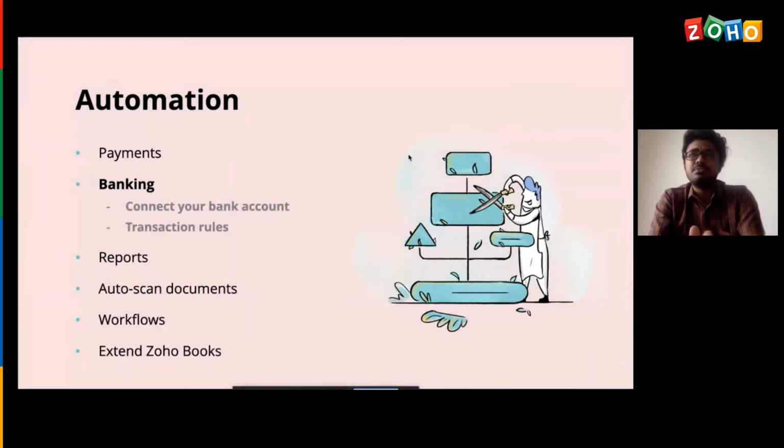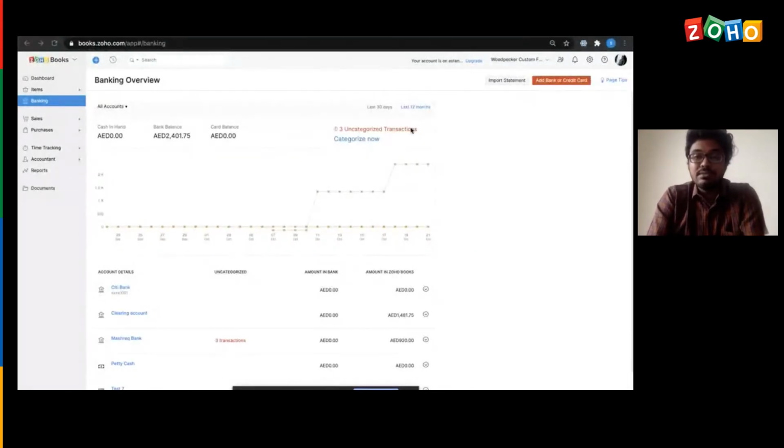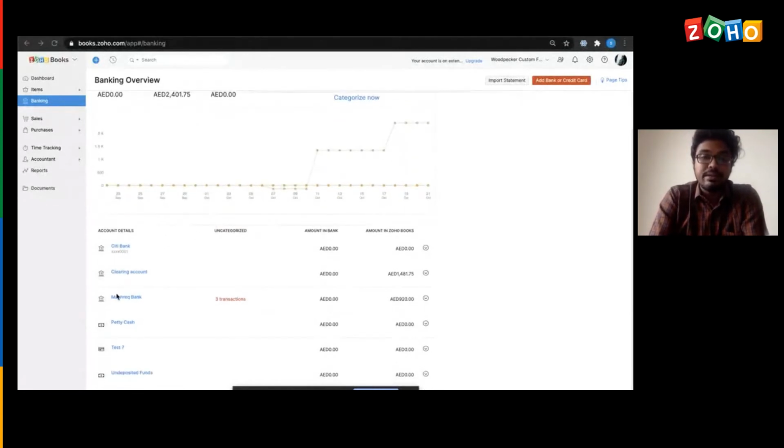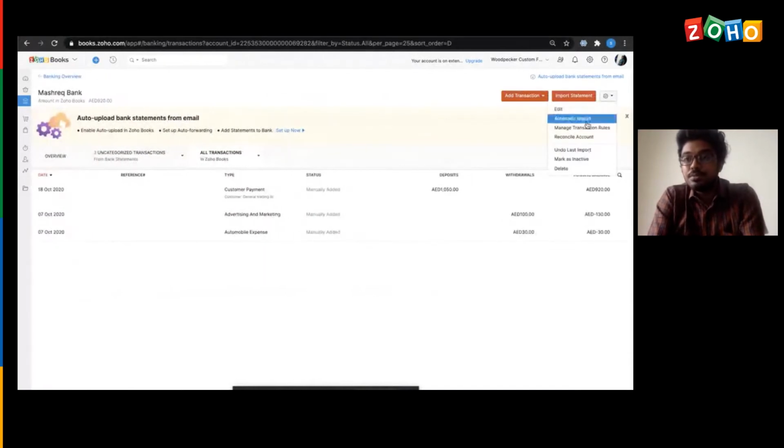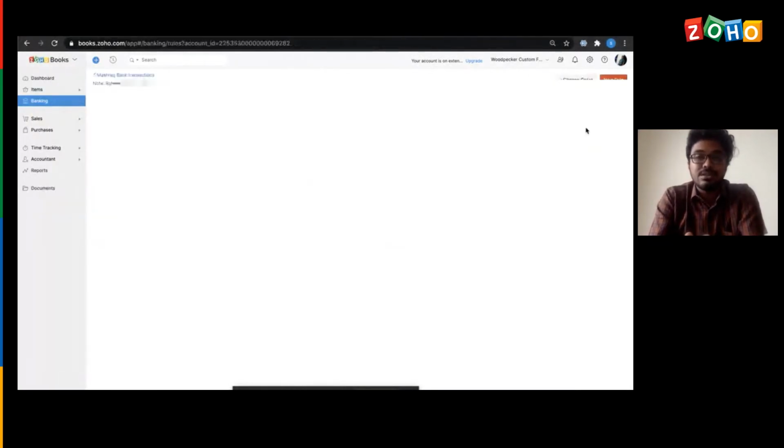This also seems to be much more of a manual work in terms of reconciliation. So we have brought in another automation option for categorizing all the transactions, all the feeds that you have received from your bank. This could be done using the option called transaction rules. How those transaction rules work is, if we open any one particular bank account, we could see an option to set up transaction rules.